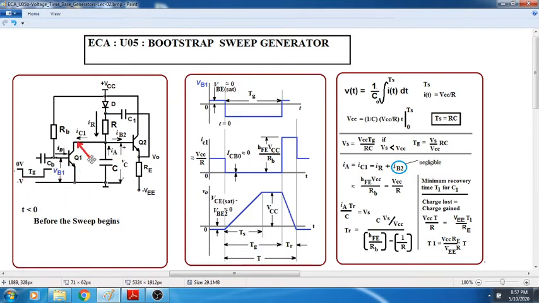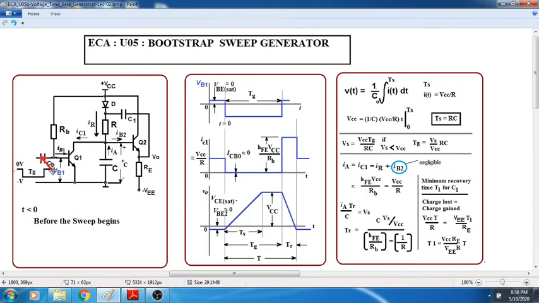But now in today's lecture we will only try to analyze the entire circuit just before the gate pulse is about to go negative, which means the input is still positive or 0. Okay, now let us analyze this circuit conditions, the steady state conditions, when the input of this Q1 switch is either positive or 0.